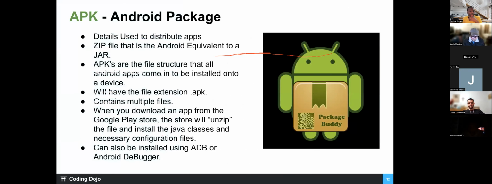So APK, which is the Android package. It contains the details used to distribute apps, and it is the Android equivalent of a jar file. I need to clear the text I wrote. All right, it's gone. So it will have the extension APK, which we see here, and it contains multiple files. Sometimes you see just a single APK file, but it contains a lot of information behind it, so many files behind it. When you download an app from the Google Play Store, the store will unzip the file,